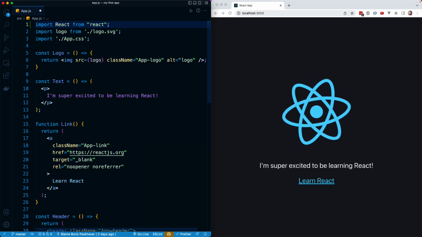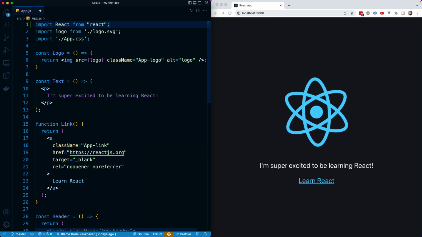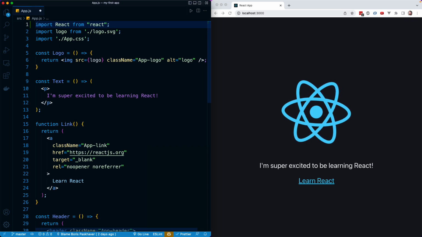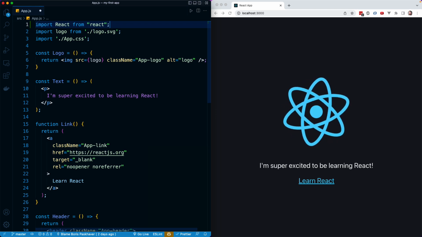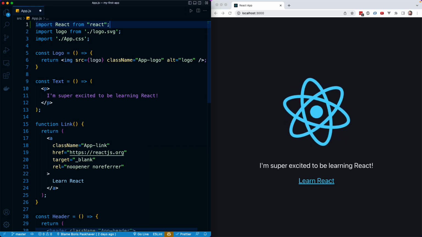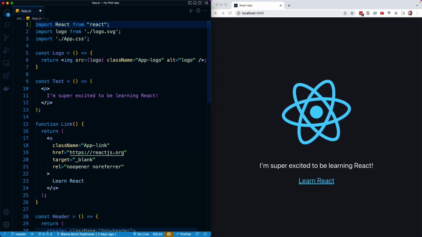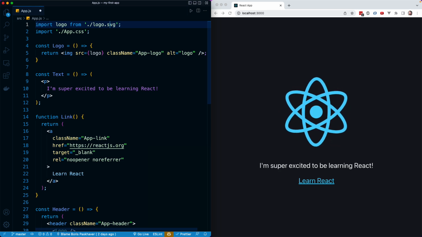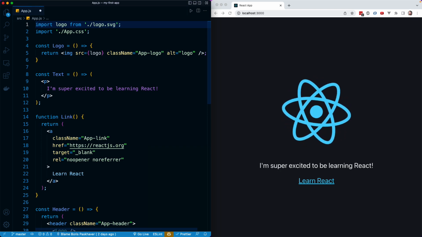Now, if you still see this line in a modern project that supports the new syntax where you don't need to import it, it's not the worst thing in the world either, because it doesn't actually require more memory. It doesn't increase bundle size or anything like that. The transpiler still includes React automatically. It's just done so implicitly instead of us having to explicitly import it in any file where we use JSX. Because the syntax of excluding it is a little bit lighter, I'm going to go ahead and remove this line, even though it's not a top priority on your team if you discover that you're still using it. It's not by any means something that you should worry about. It's not a concern. It's just something worth knowing in case you see it